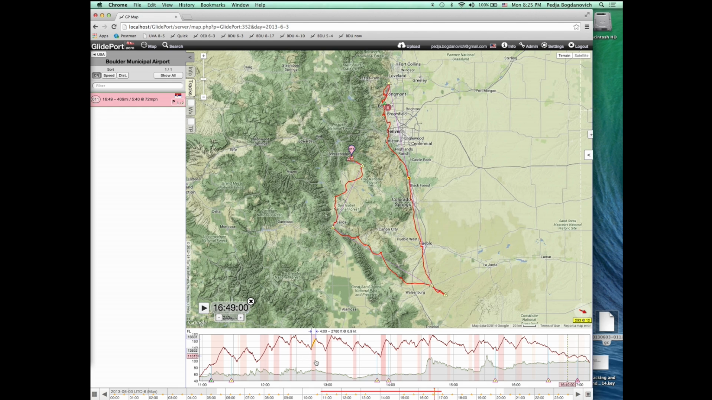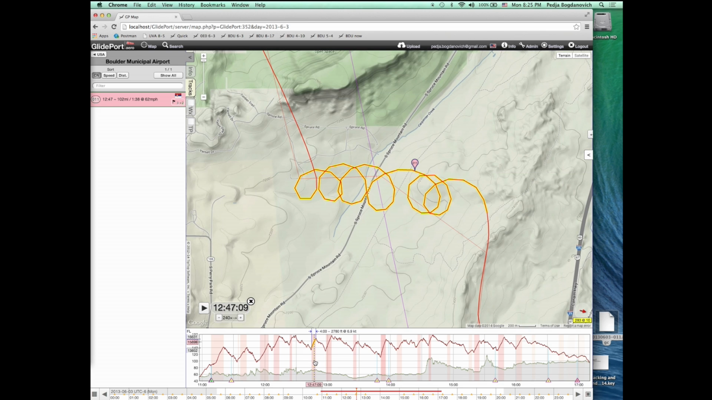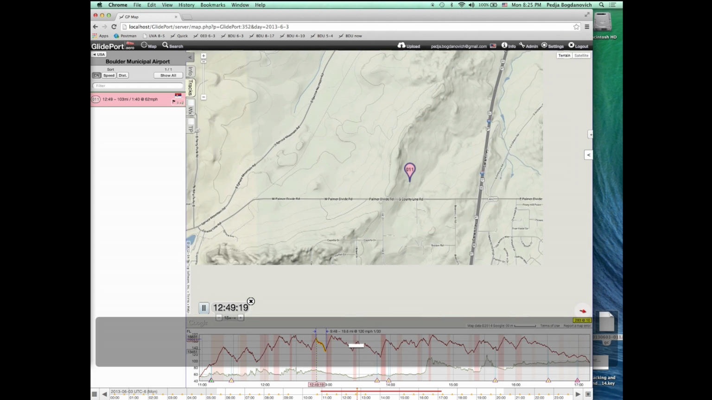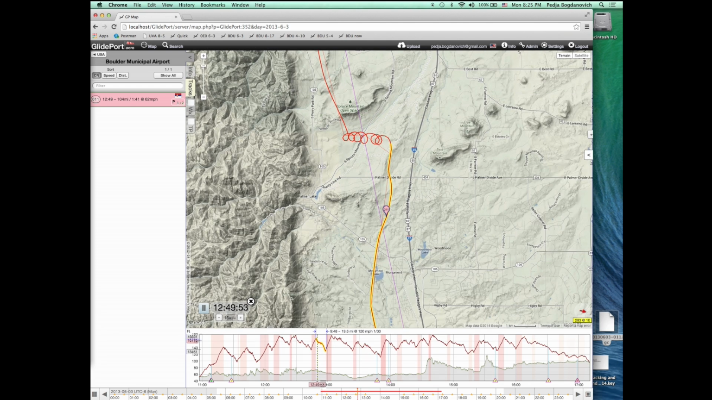And I can just double click. So here's that thermal. I just zoomed in. So here is that thermal. And now let me reduce the playback speed to something reasonable. Now if I play, you can see how I'm climbing there. And in the barogram, I'll just zoom out as this is playing back. So in the barogram, you also see